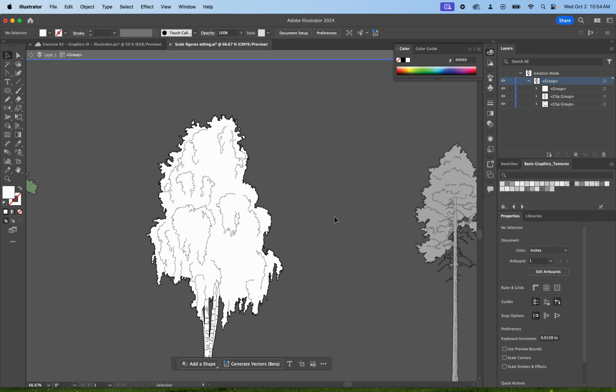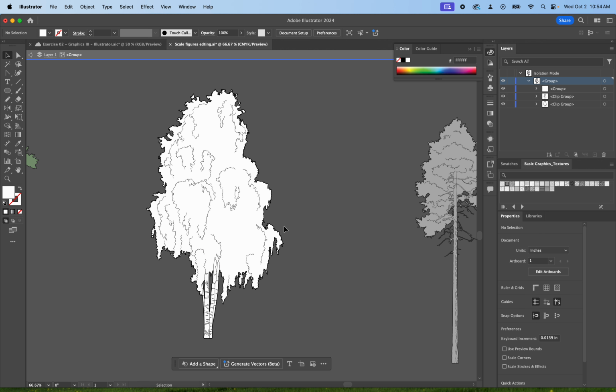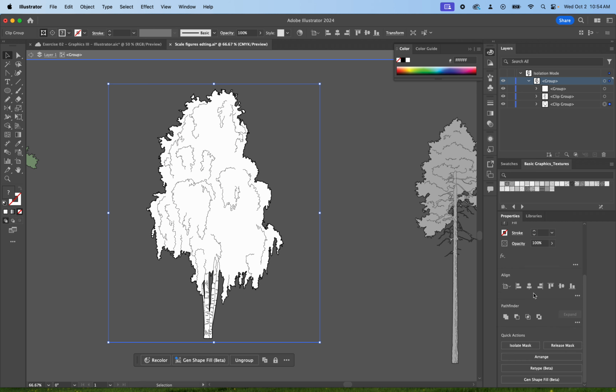I'll let that be up to you. I'm not a huge fan of putting more lines because it just means more detail where I don't want them to focus on that detail. I want them to focus on the architecture. So very often I take them off. However, since we're going to make it transparent anyway, you probably won't see them that much, and it might be a nice subconscious difference. So I'm going to go ahead and leave it, but you'll notice that it's actually two